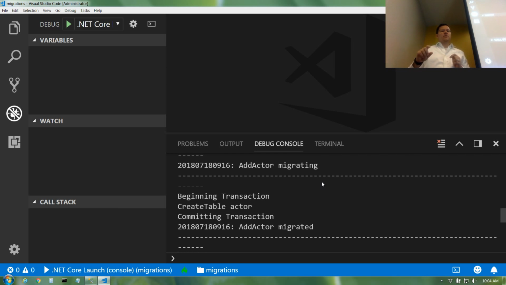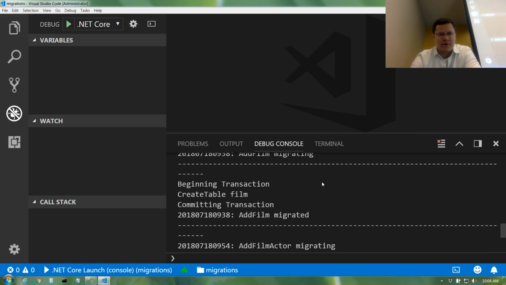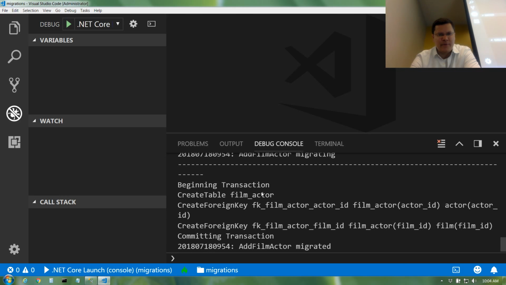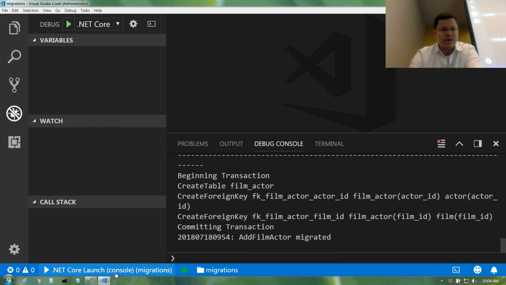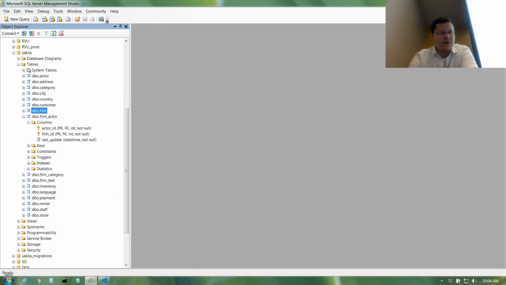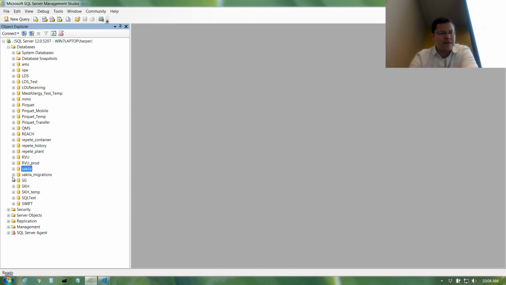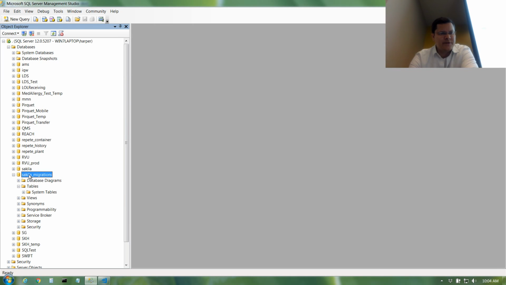In the default mode that we're in, each migration runs individually and commits individually in the transaction. So if two of them were successful and one failed, you would only have to work on that last one to get it going. You can see it's creating our table actor, our table film, our table film actor, and creating our foreign keys. Now, if we go back over to SQL Server Management Studio,